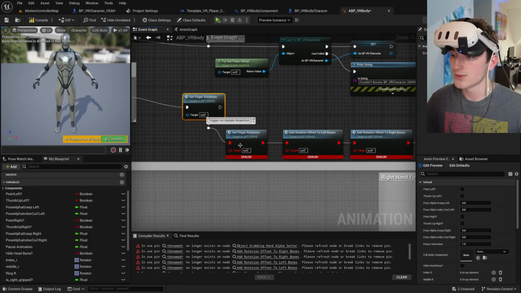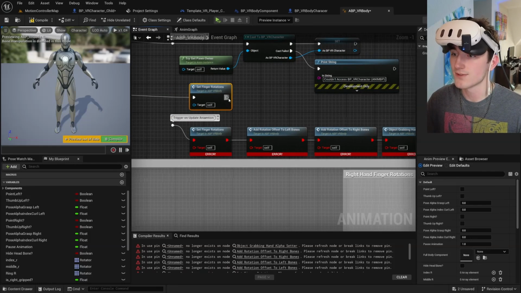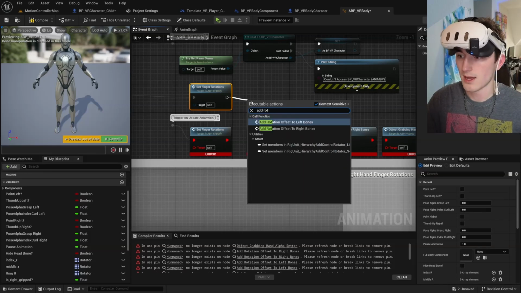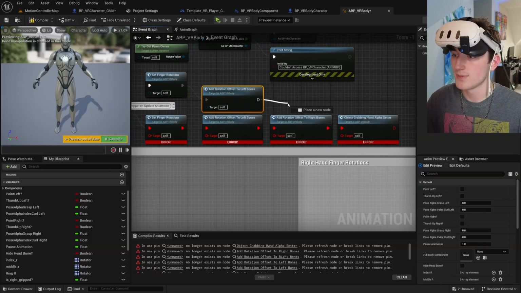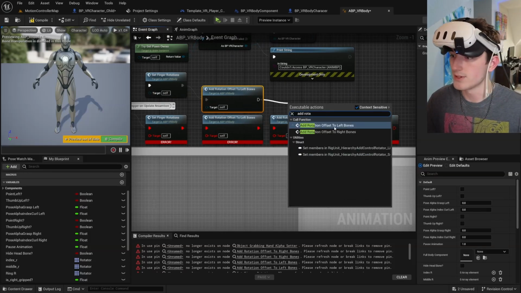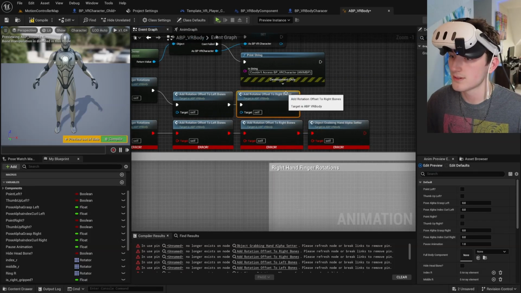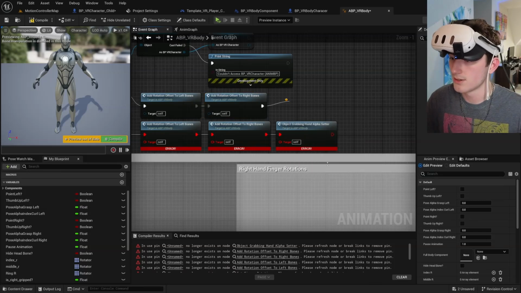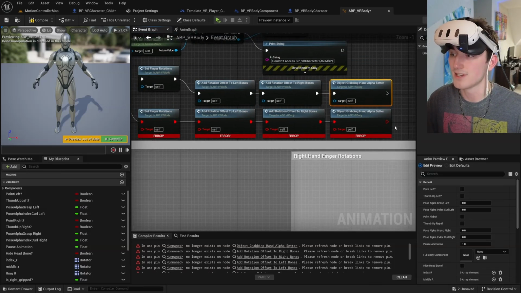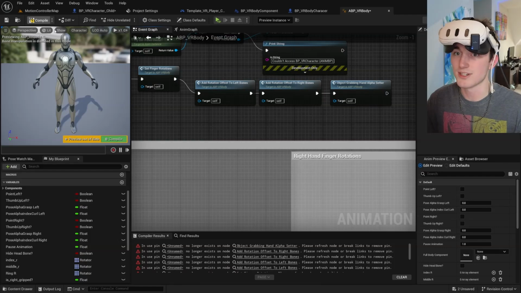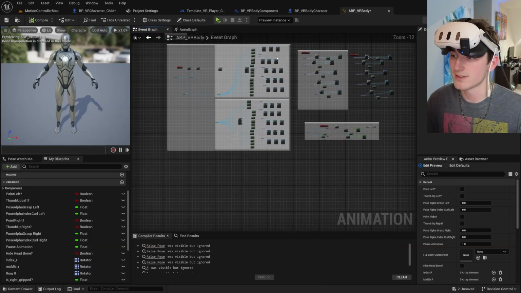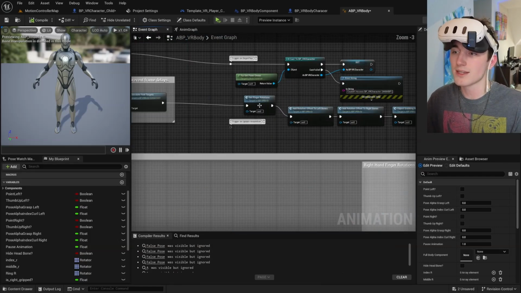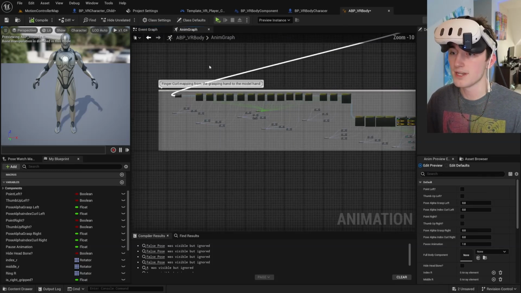Say set finger rotations first. Add rotation offset to left bones. Add rotation offset to right bones, and then object grabbing hand alpha setter. And that's just going to trigger all these different blueprints so that it's organized a little bit better. They're not all just connected in a line. But now,